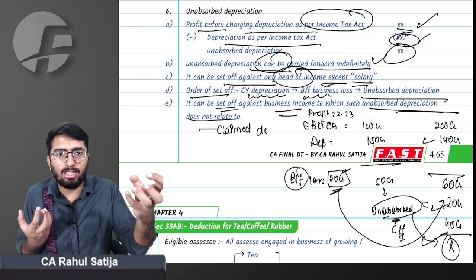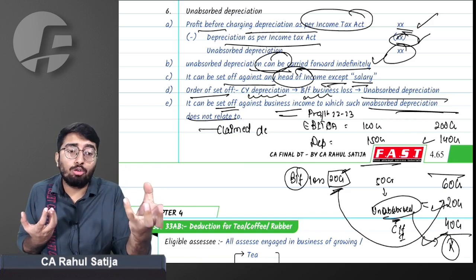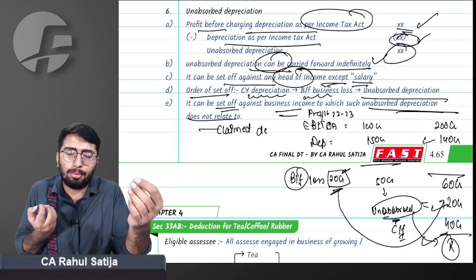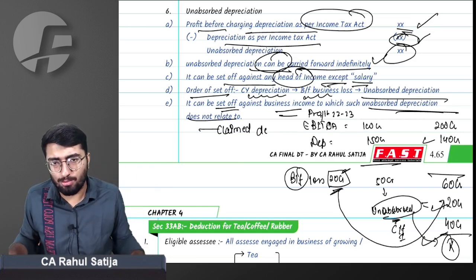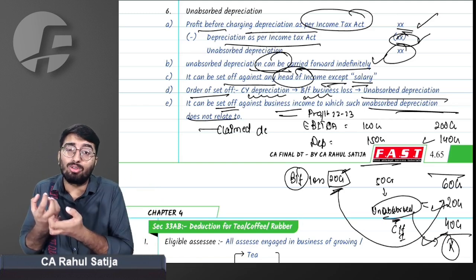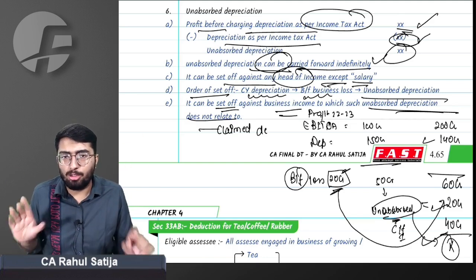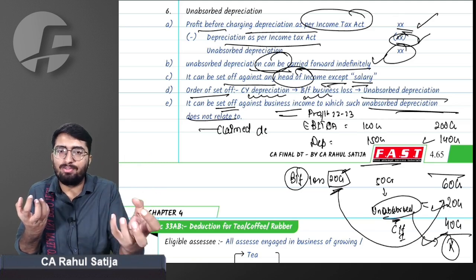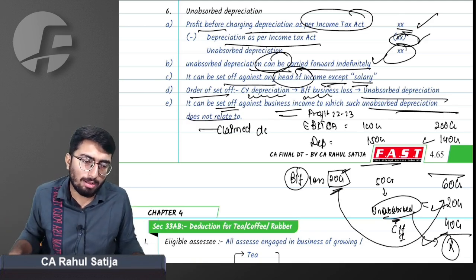I have bought too many machineries, sir. Because of too many machineries, I have too much depreciation in this business. I have too much unabsorbed depreciation turning out in this business. Can I set off this unabsorbed depreciation against my apparel or garment business? The right answer is yes, you can do so. Unabsorbed depreciation can be set off against different businesses also, even those to which such depreciation does not pertain. Which means simply, if I have unabsorbed depreciation in the footwear business, I can set it off against my garment business as well. This was the concept of unabsorbed depreciation.